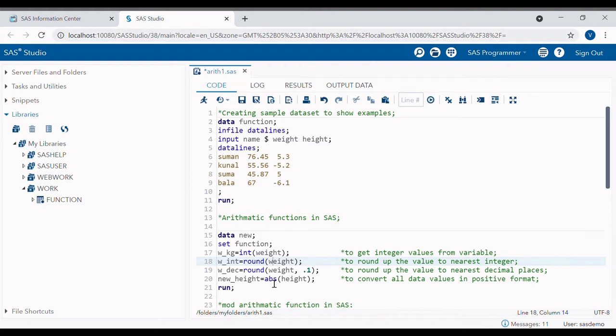Next is the absolute function. This function converts the data values into positive format and saves the converted values in a new variable. As we can see, there are some negative numbers in the height variable, but a height can never be a negative number. So to convert them into positive numbers, I have used the absolute function here. When we run this code,